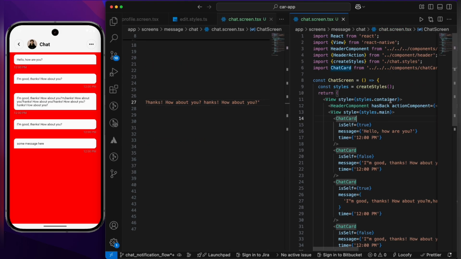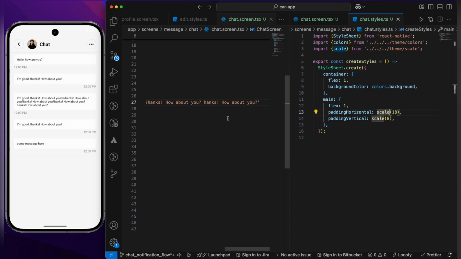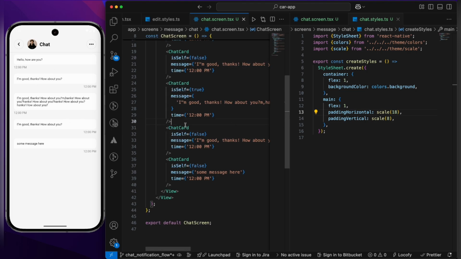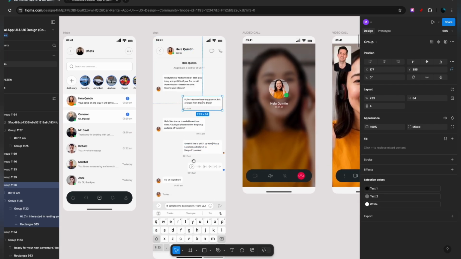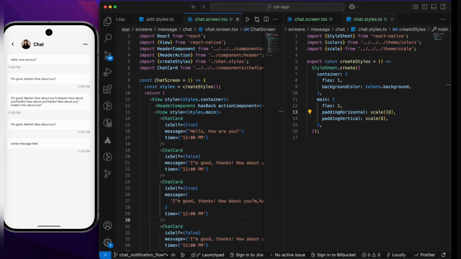Come back and go over here. Let's remove the red color. So now it is looking something like this. I hope you can see. Okay, so now over here what we will do, as this screen is not scrollable, only a message can scroll. Okay, so what we will do,